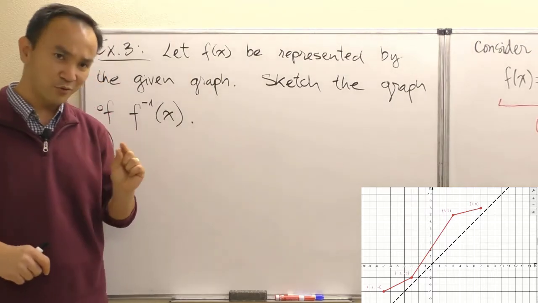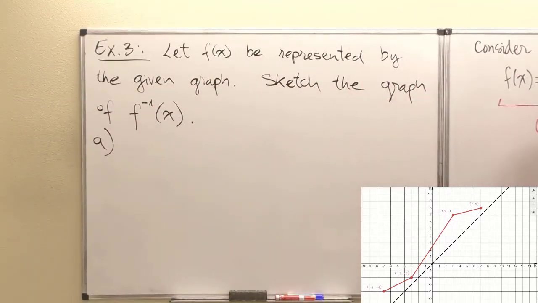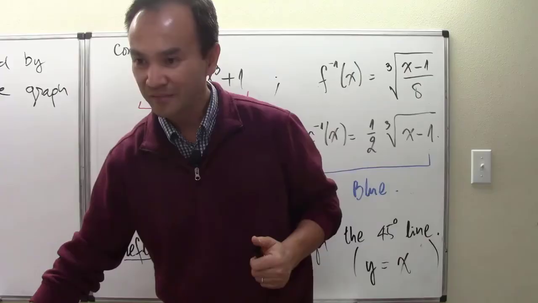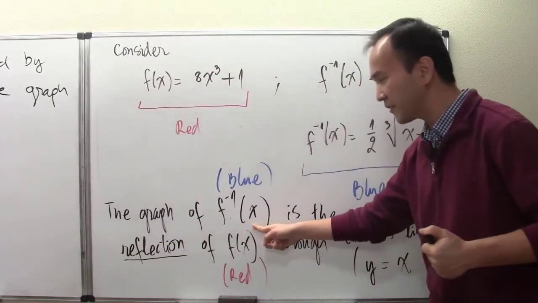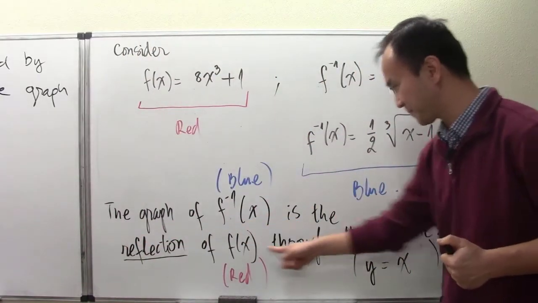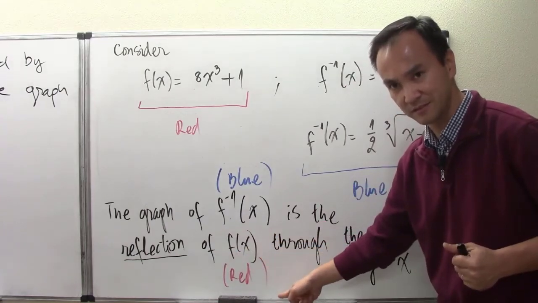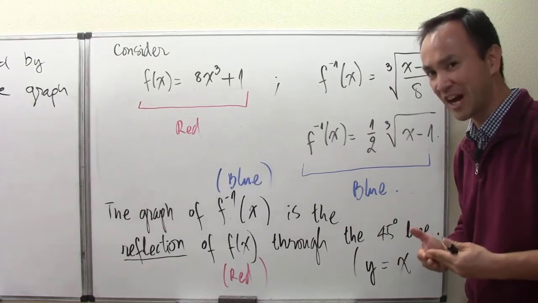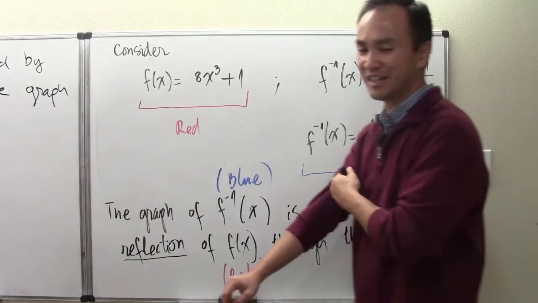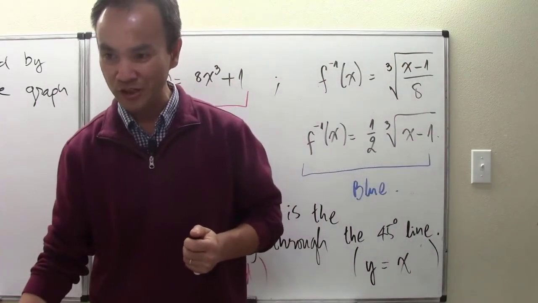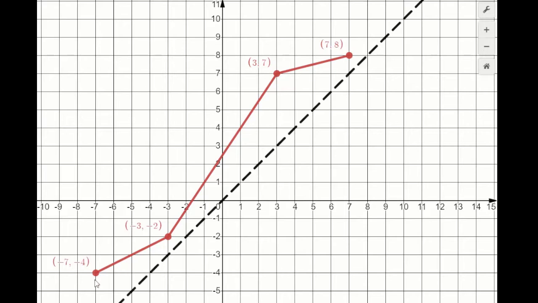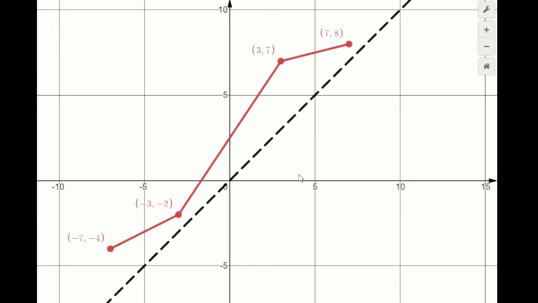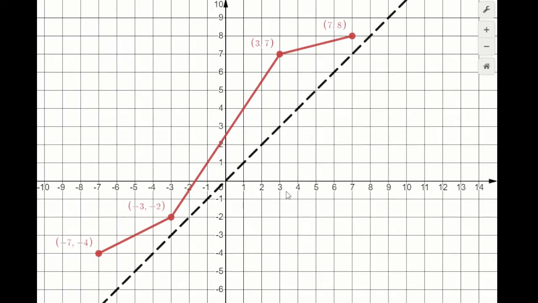And so that's why we only rely on our understanding that the graph of f inverse is always the reflection of that original function through the 45-degree line. I emphasize this often enough up to this point. So let's get to it. One more time, we're looking at the graph of f of x with what I call the guiding points. And now with these guiding points,